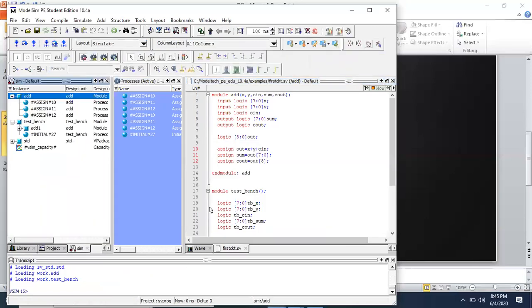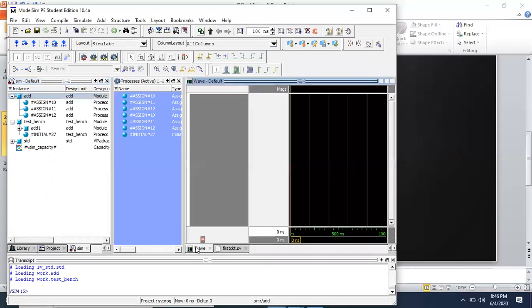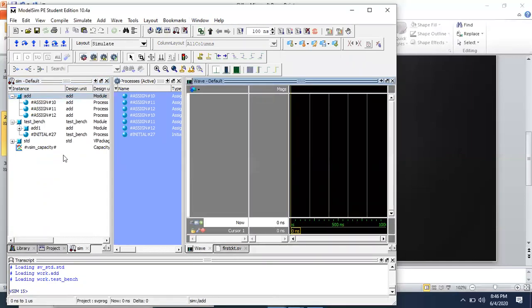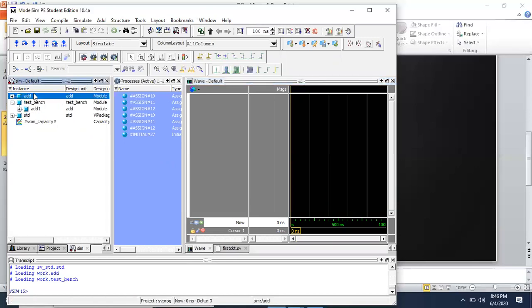To observe the waveforms for this circuit, just click on this wave, and now here there are different instances. So add, we have various signals. When you click on this, you will get various signals.